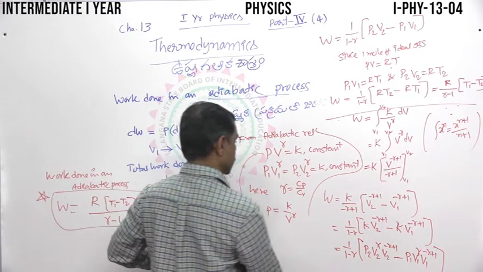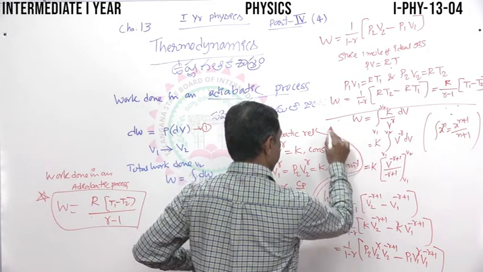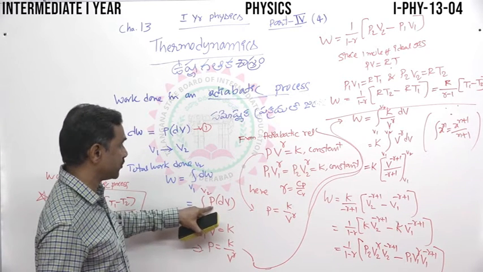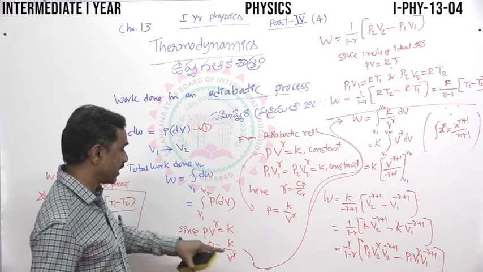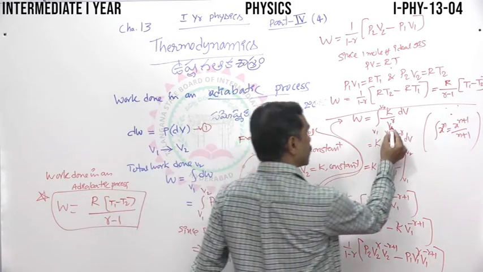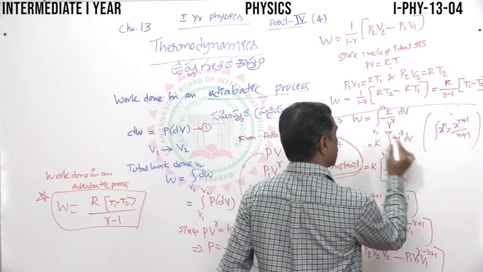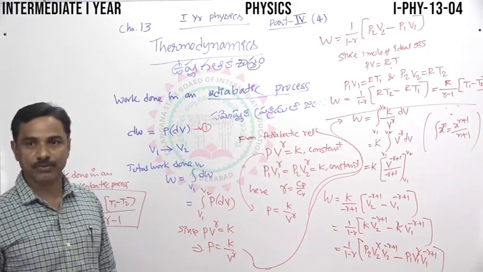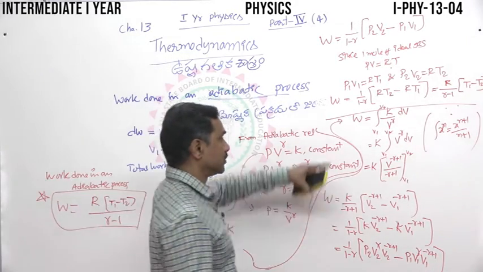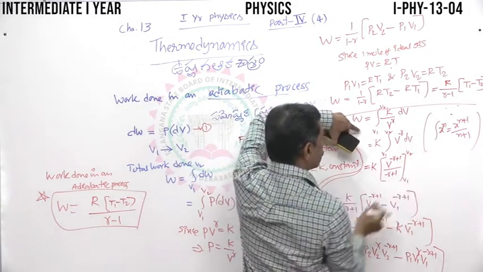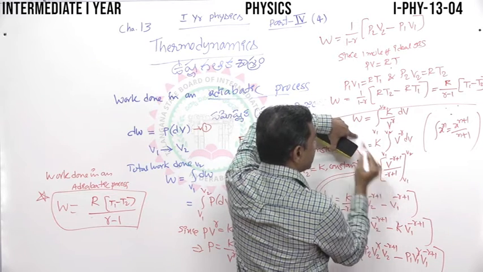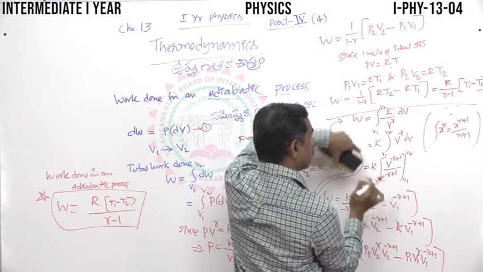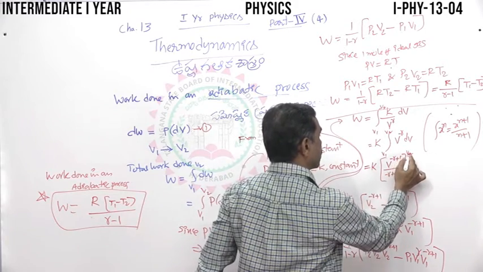Here, wherever P is there, it is replaced by K divided by V^γ. Now this is taken to the numerator: V^(-γ) dV. Now using the expression x^n integrates to x^(n+1) divided by n+1, a familiar integration formula. K is a constant, you can put it outside the integration. V^(-γ+1) divided by (-γ+1) with upper limit V2 and lower limit